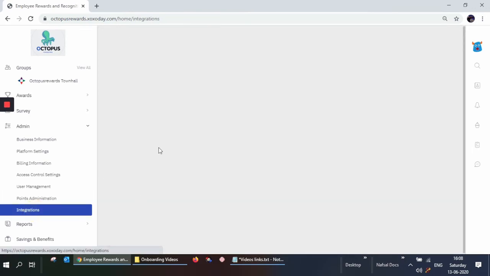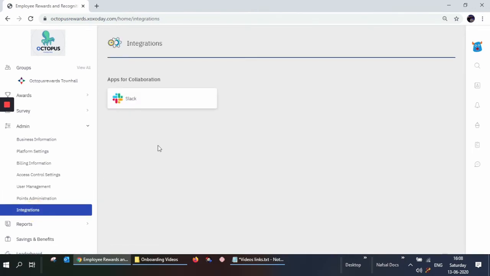Next is the integrations. The Impulse platform is already integrated with Slack. So if you already use Slack in your company, you could reward an employee, appreciate someone, or redeem your points from Slack itself if you do the integration successfully.